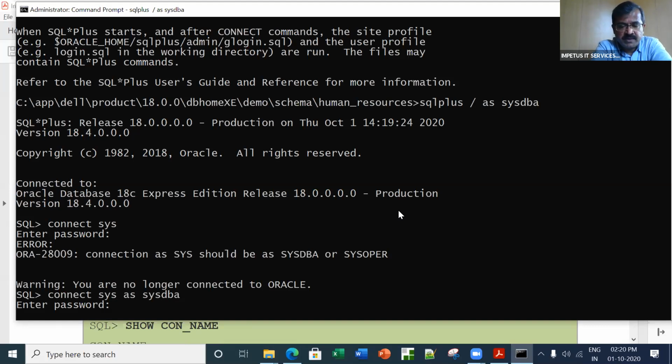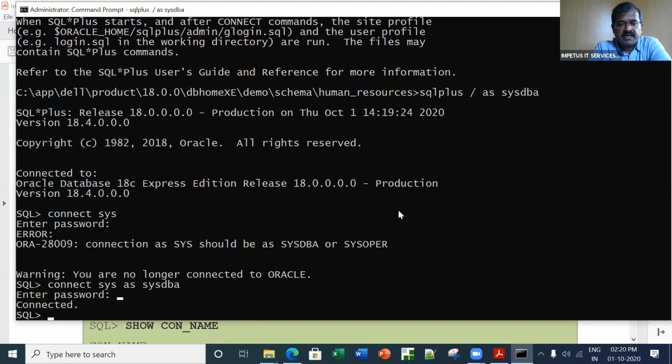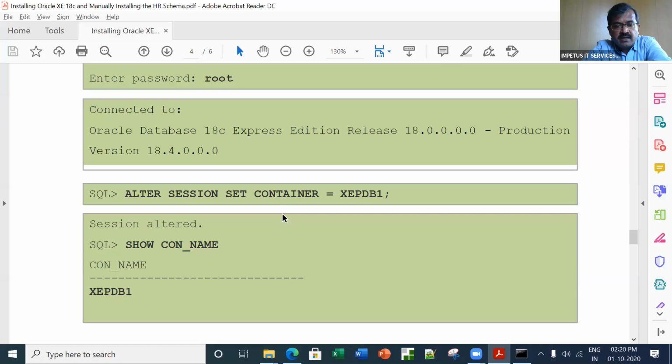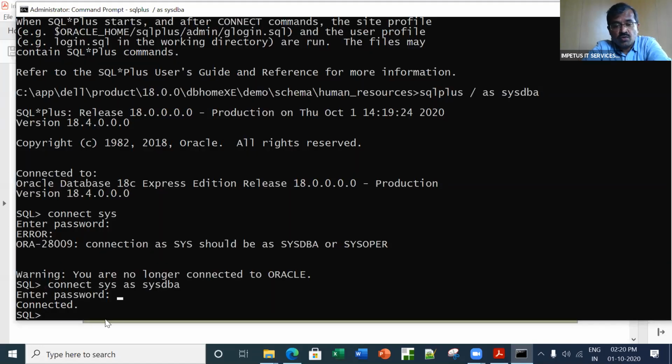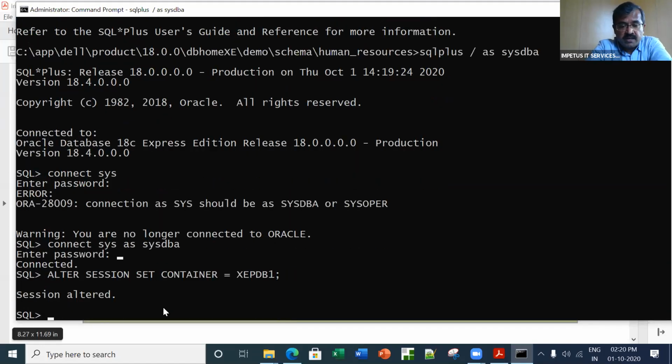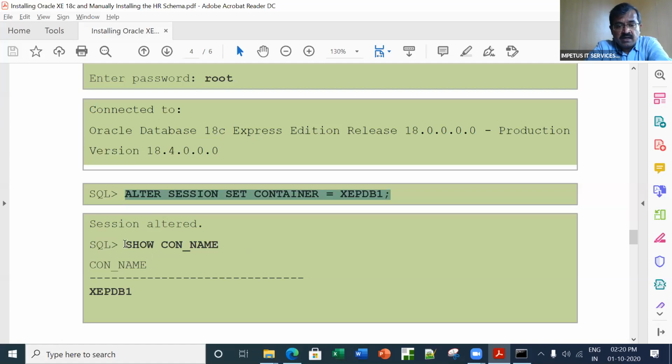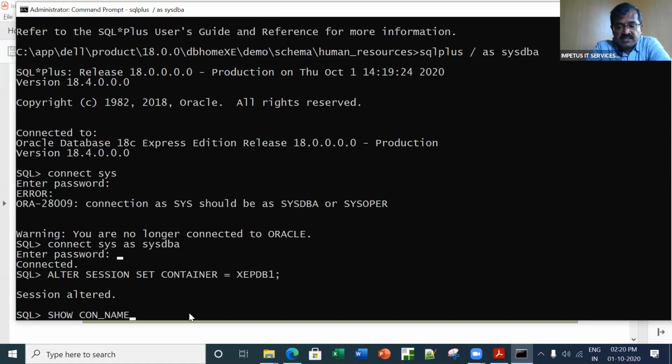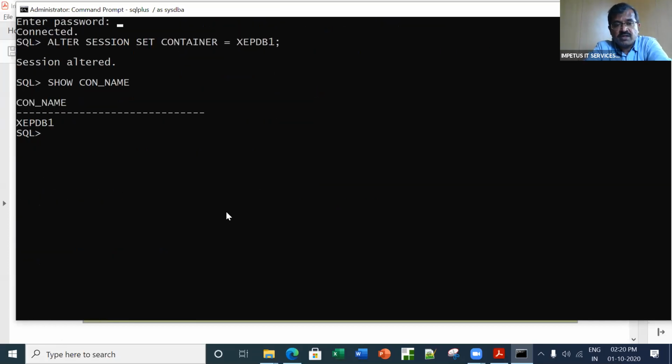I'm connected. Now that I have connected, let's change the session immediately, because we have discussed that the schemas can be installed only in this pluggable database. So here I come, session has been altered. Let's check whether the session has actually been altered. Yes, we are in that particular session.